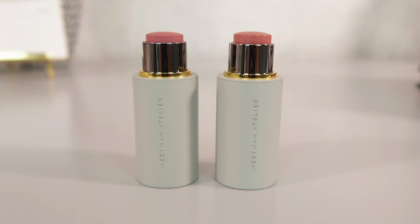Both are gorgeous pinks. The first one is Petal. The second one is Chauchette. Beautiful, beautiful colors, richly pigmented. They last all day and they have this gorgeous hydrated look on the cheek. They just keep that slight glow to your cheek as you wear them, so you look like you have these